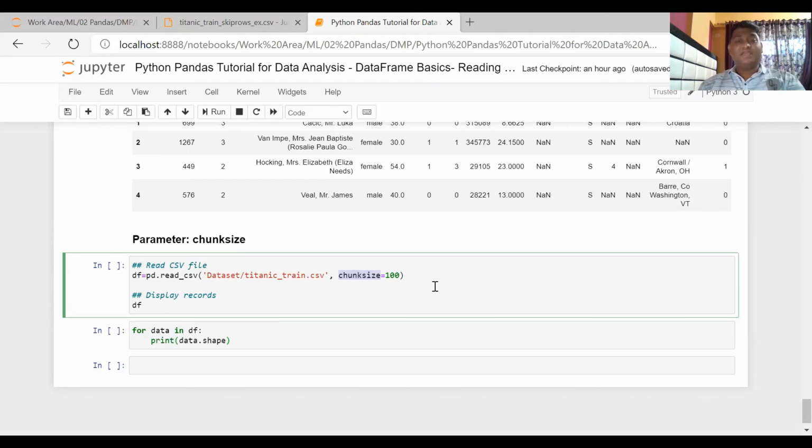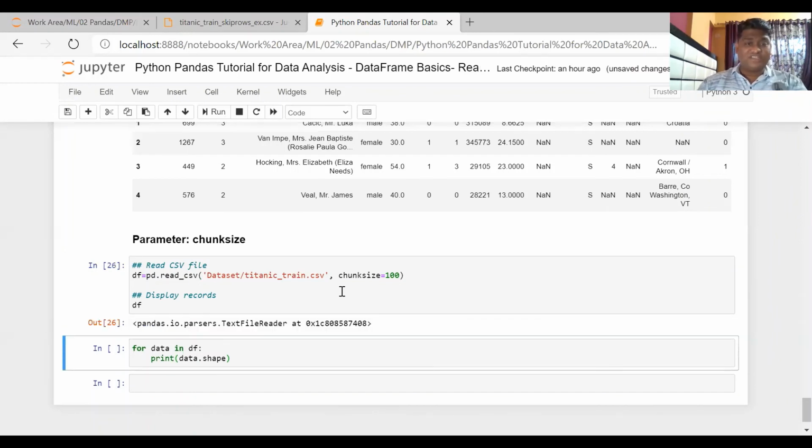Maybe in chunks of 100, it will read data and process that data. Practically, we use something like 2 lakh as the size to read maybe 10 GB of data. So 2 lakh rows will be read chunk by chunk, and returned. Whatever operation you want to do, read the data chunk by chunk, perform that operation, and then dump that data or do whatever you want. So chunk size is a very important parameter if you are reading a big file.